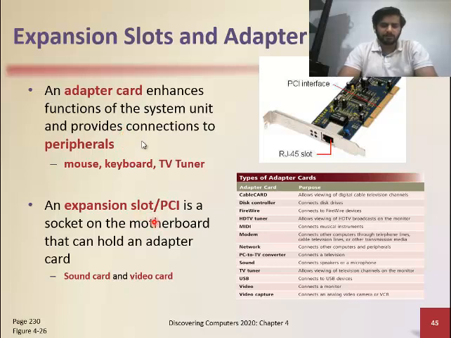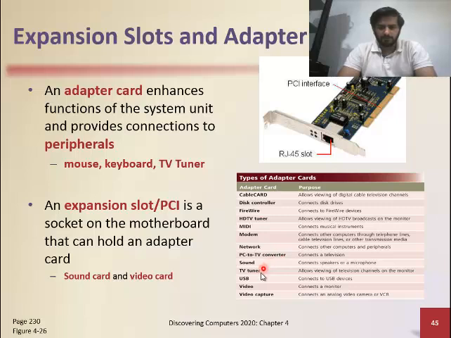So they are very much similar in that way, because the functionality of these two things is very similar. Adapter cards are external cards inserted into your motherboard, and the extension slots are the area where these adapter cards are going to be inserted inside your motherboard. You have a number of adapter cards available as examples. Look at this: you have a network interface card, you have a PC to TV converter card also available,